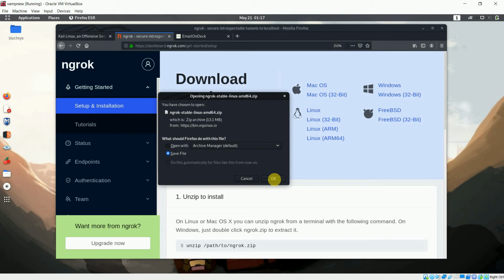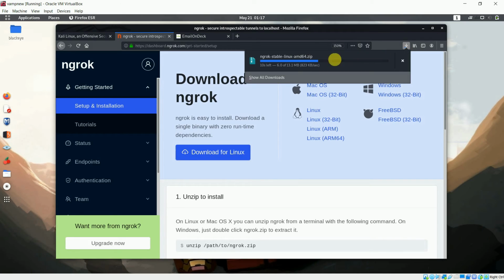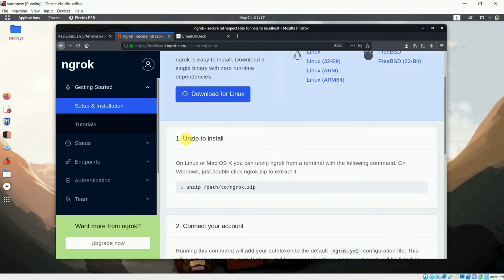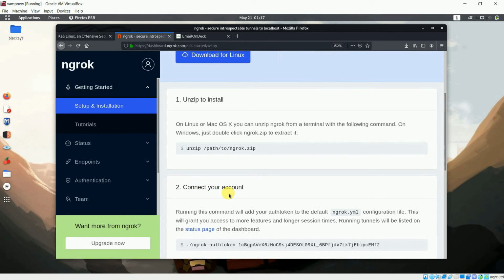Yes, and it's 13.1 MB, so it will not take much time. Now the downloading has been completed. After downloading, you have to unzip, and then you have to connect your account. So we will get back to our files, and let's see.